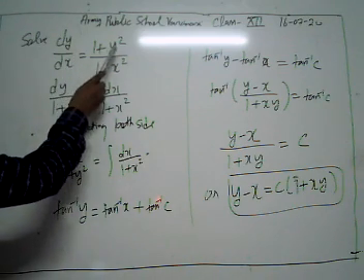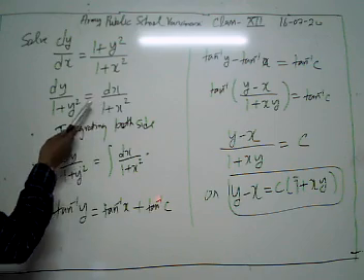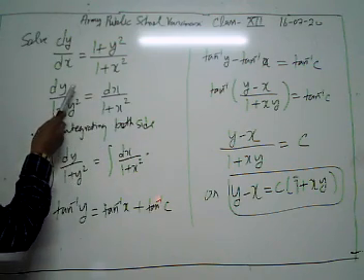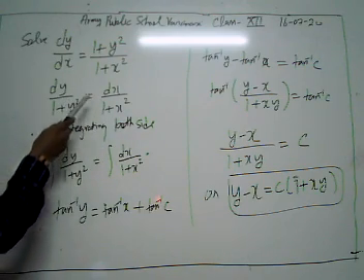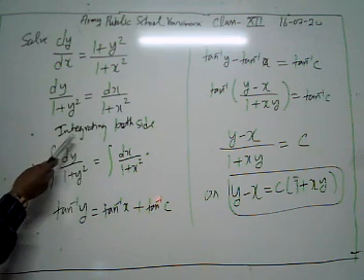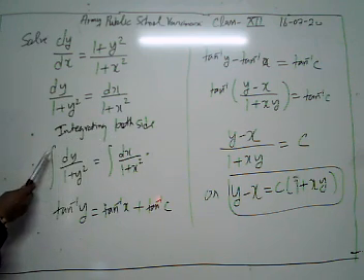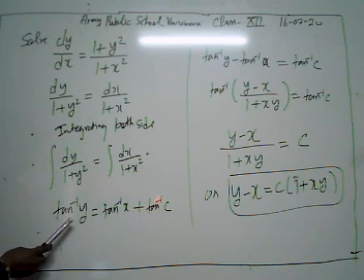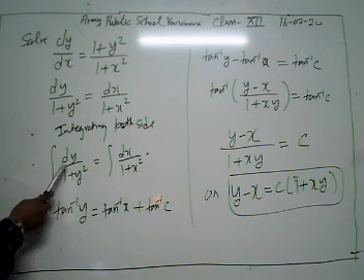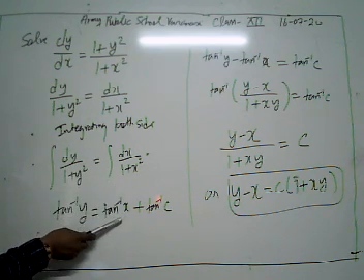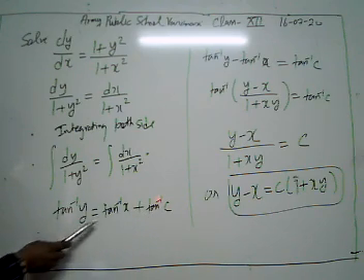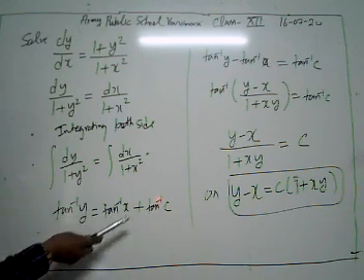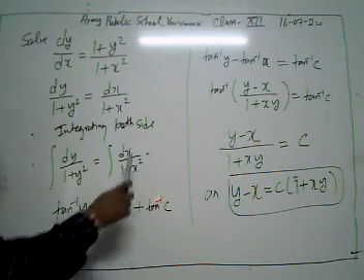Look what we do. We have dy by dx equal to 1 plus y square upon 1 plus x square. After separating the variables we have dy upon 1 plus y square equal to dx upon 1 plus x square. Then integrating both sides, we get tan inverse y equal to tan inverse x plus our constant, and because both come in tan inverse form, we use our constant as tan inverse c.